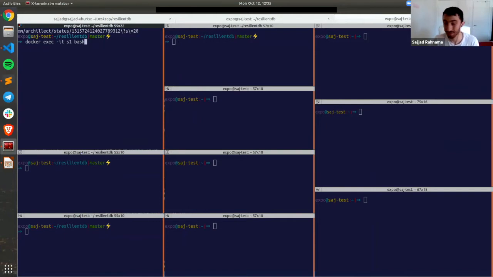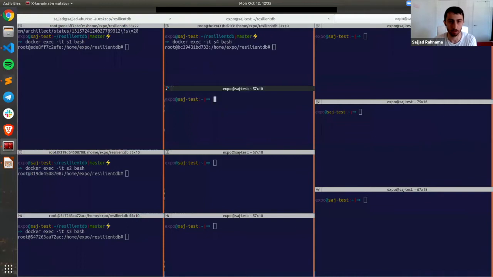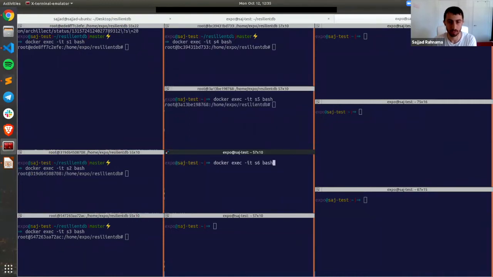The command docker exec will execute a command inside your Docker container. As you can see, I'm running bash and giving it the -it flag, which means I need an interactive bash inside that container. So I will be running S1 here, S2 here, S3, S4, S5, S6,